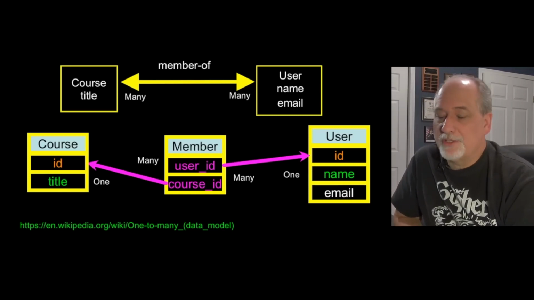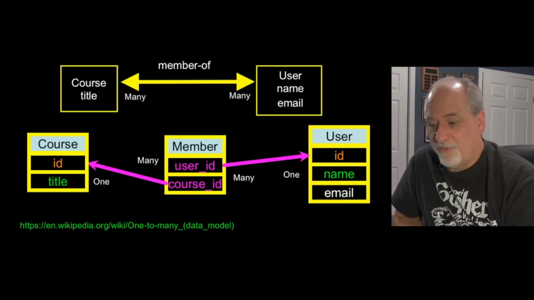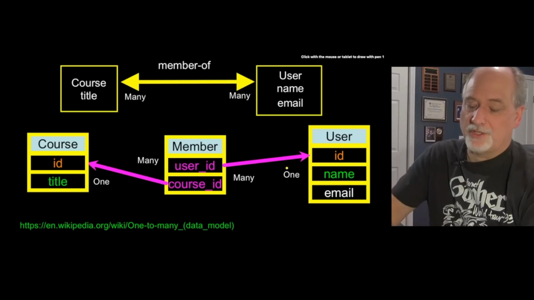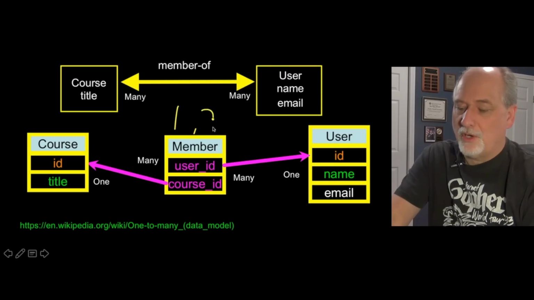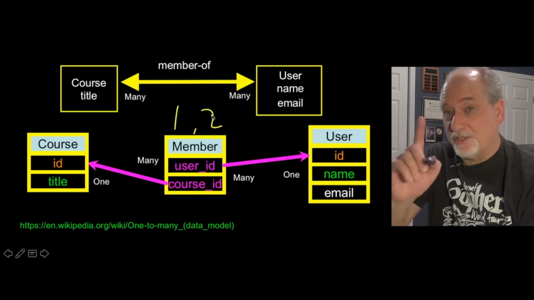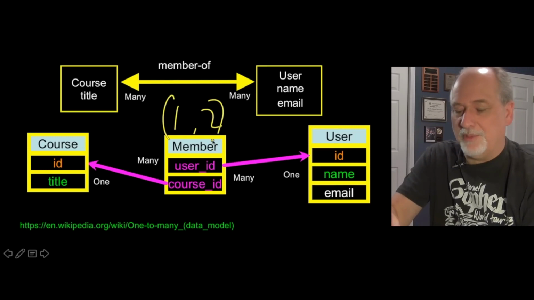And if we're going to put a uniqueness constraint, we put a combination of the 2 foreign keys as the uniqueness constraint. So we say there can be duplicate user IDs and duplicate course IDs, but there can only be unique user ID, course ID combinations. That has to be unique. So you can make unique be more than one